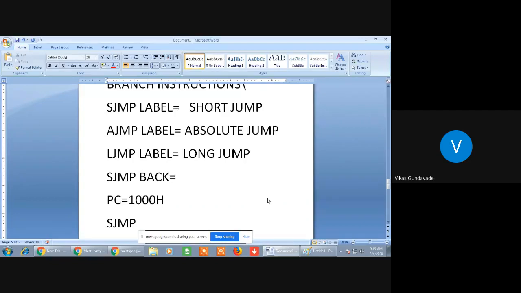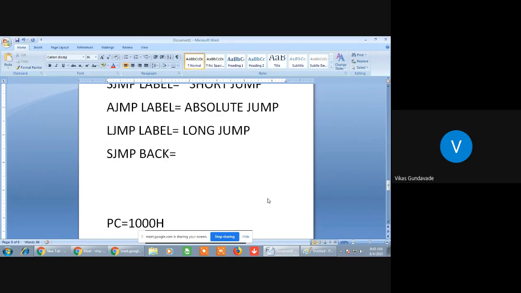In the example, suppose we take it as SJMP BACK, and this BACK label is provided somewhere in the program, let's say at the location 0FFC.